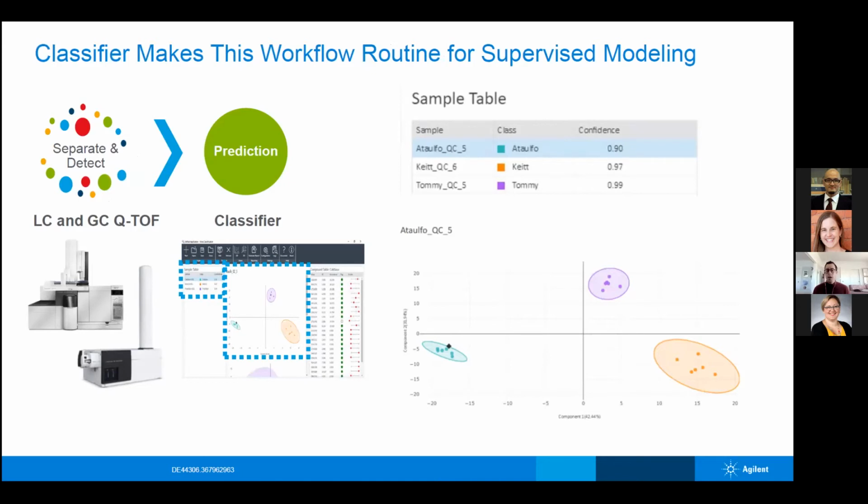And here on the right, that's what we're looking at. We can see that there are different cluster groups for each type of mango. And from that, we can start to predict what kind of mango we have based on an unknown sample and get a certain confidence amount out of it based on where it sits.